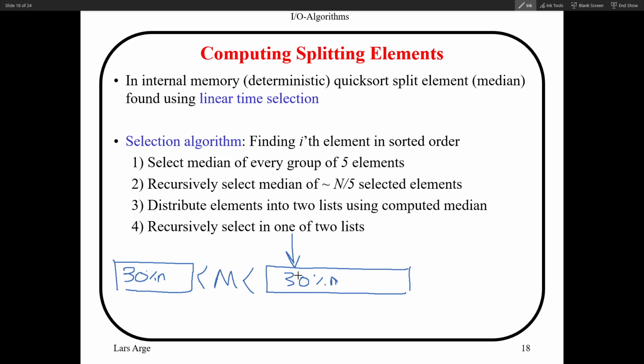For example, if I know there are, let's say, x elements over here, then if i is bigger than x, then I need to recurse on this side, and I need to find an element that has rank, I guess, i minus x plus 1, okay, and so on. If you look at the recursion for this, the first step takes O of n, let's say capital N. The second step takes